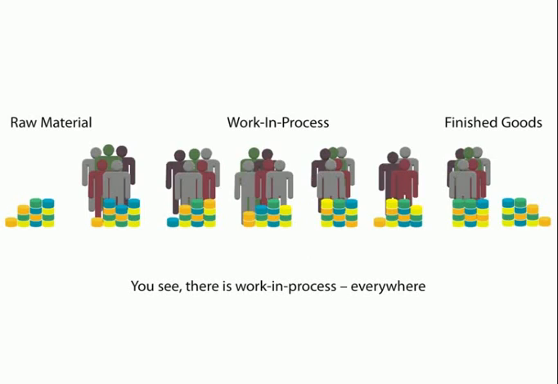This is what we see when we look at a manufacturing organization. There is raw material on the extreme left, finished goods on the extreme right. In between these two extreme stages, there are stages of transformation, which we call manufacturing stages. And in front of all these manufacturing stages, we have what we call WIP lying in front of them. Now you see it everywhere. Okay, people may say that, oh, we have less WIP, but we see WIP everywhere.